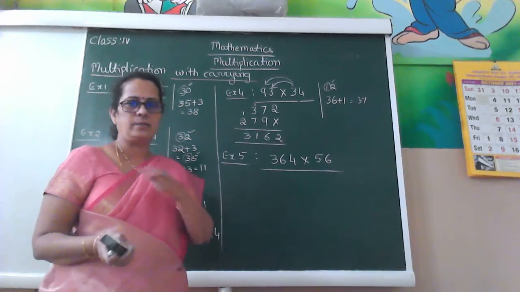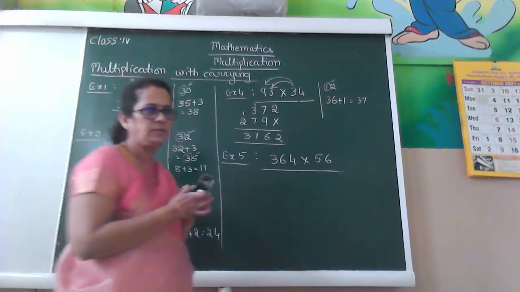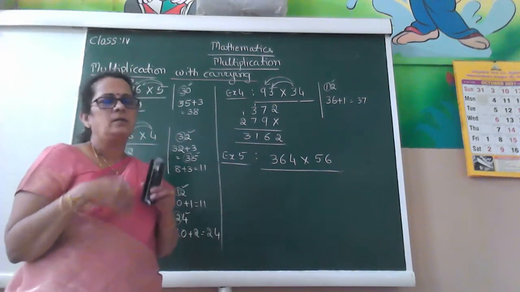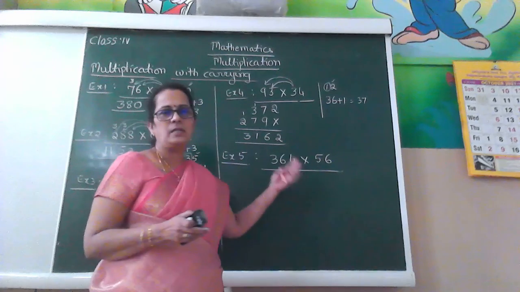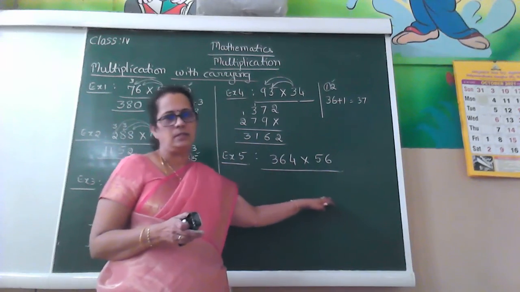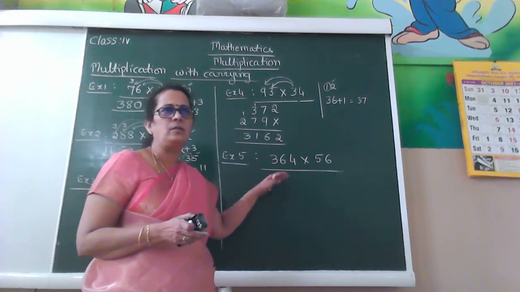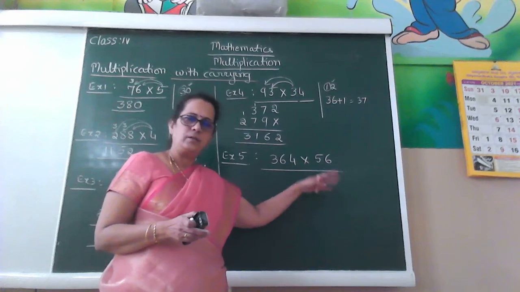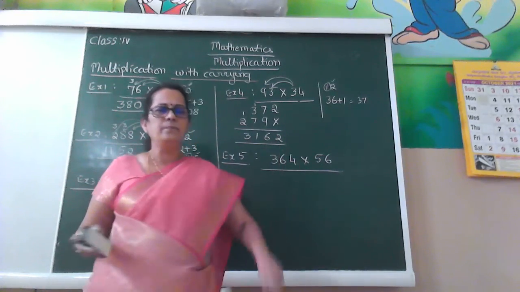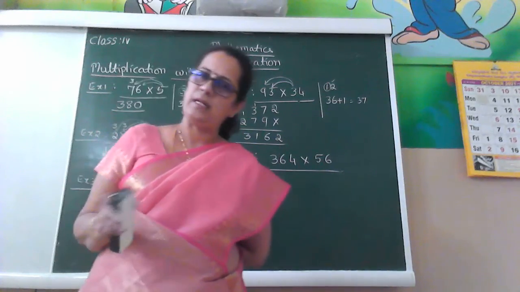You will keep getting more carries. Very easy to do. If you understand the concept, you can multiply a number of any number of digits with another. Whether it is 2, 3 or 4 digits, you can multiply. But one thing you should know: the tables.